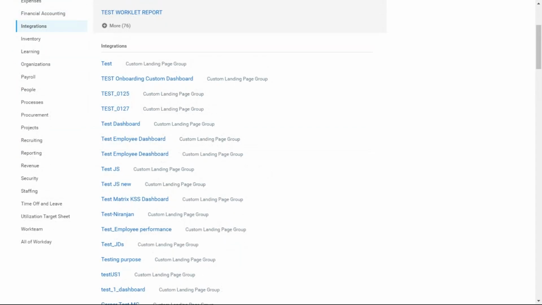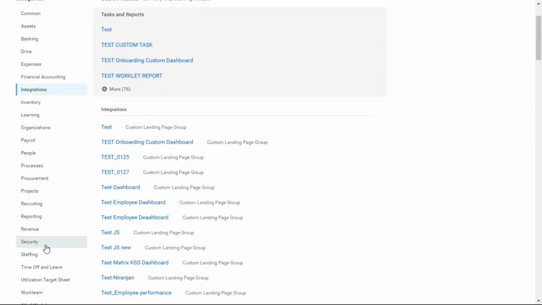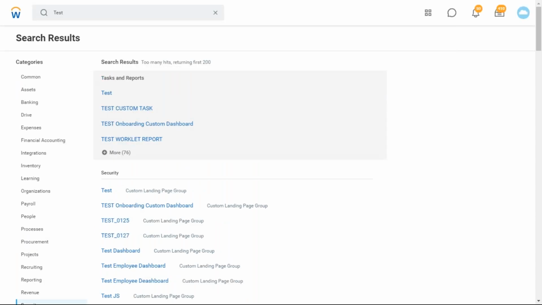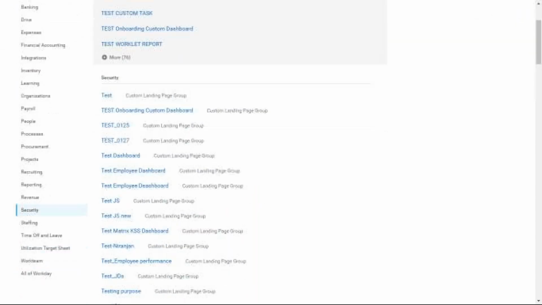If you would like to see security groups, if you're a security consultant, then only you can see security. Click on security. If I get you right, you mean only when access is given to me, I can see those categories. If not, I'm not going to see it. Yes, absolutely right.